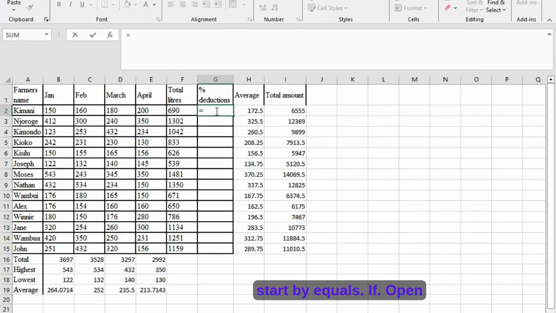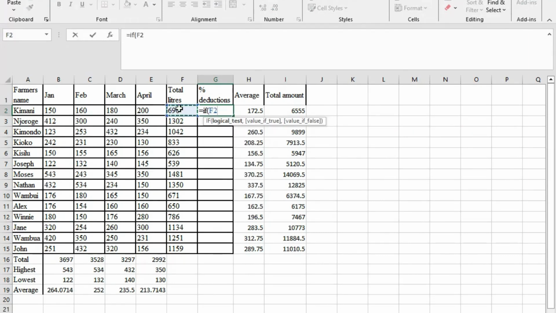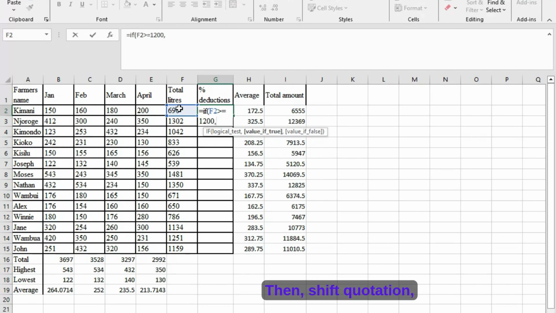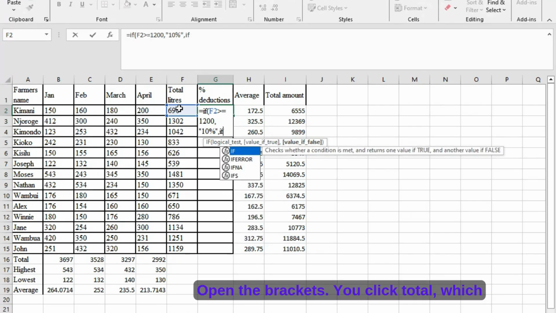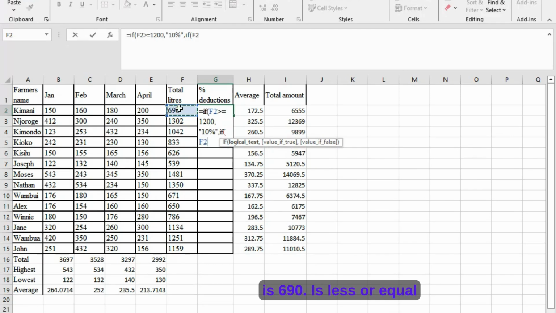You start by equals IF, open the brackets, if the total we have, click it, is greater or equal to 1200, a comma, then shift quotation, 10%, shift quotation, comma. That's the first condition. Then the second condition, IF, open the bracket, you click total, which is 690, is less or equal to 1200, comma, then quotation, 5%